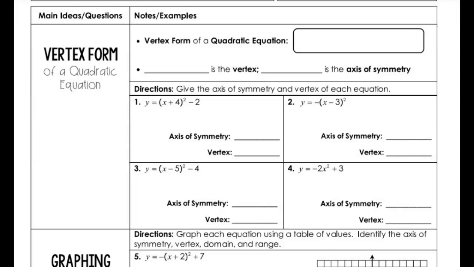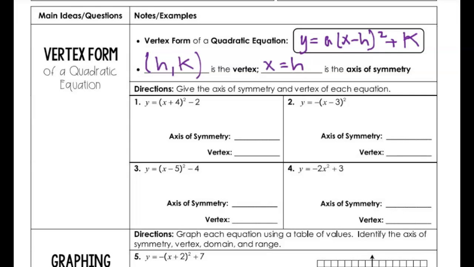Hello scholars. Today we're going to look at a different form of quadratic equations, and we call this form the vertex form. Sometimes it's also referred to as the transformation form, because when we write this in the form y equals a(x minus h) squared plus k,